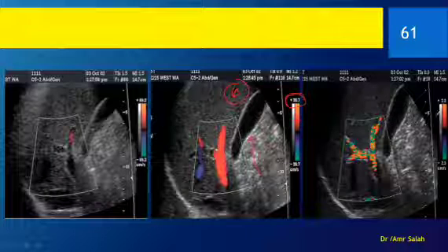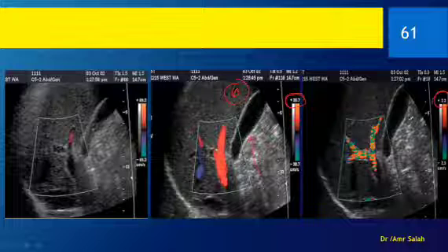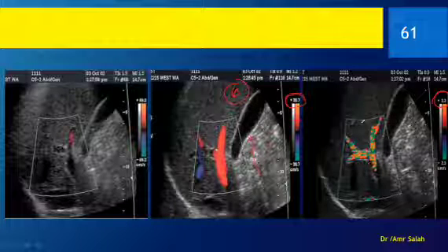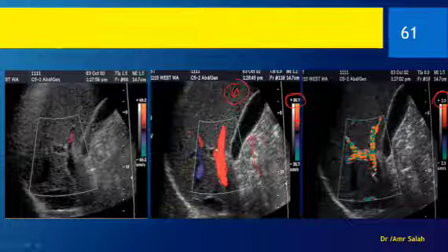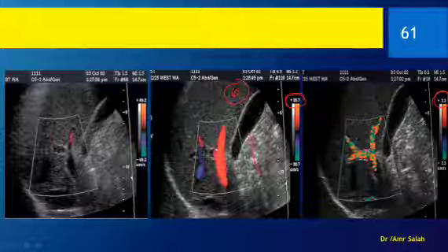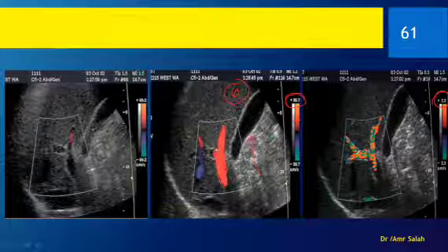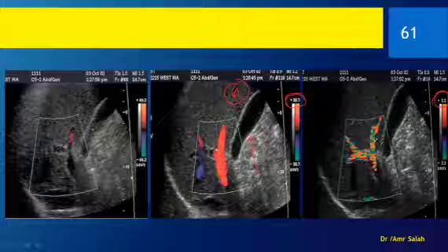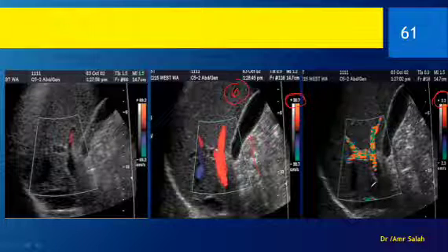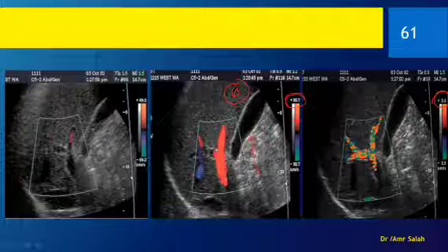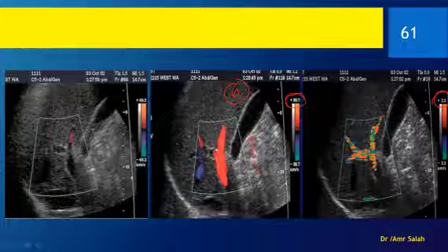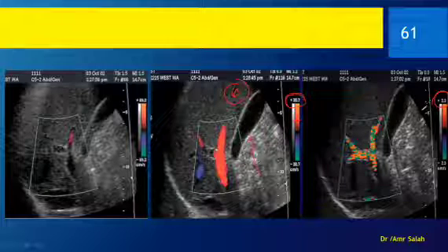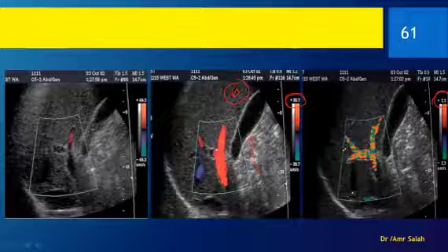What happens when the BRF or the scale is set to 2.3, only 2.3? This is too low, so I have aliasing colors like 2 folds or even 3 folds or even more, inside the vessel. So always when the velocity is in the fold, the aliasing would be inside. Remember this. So here the BRF is too low, so we have this aliasing.